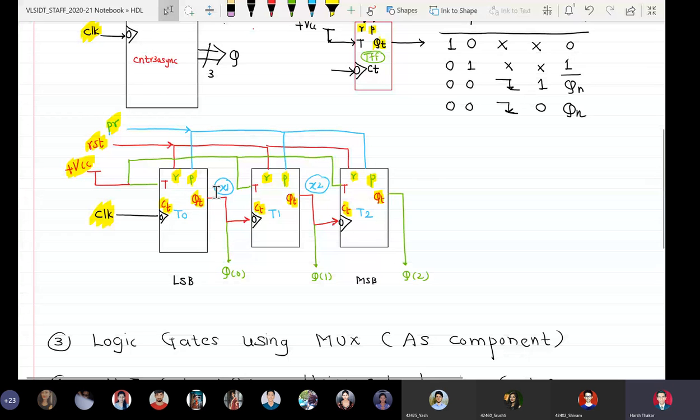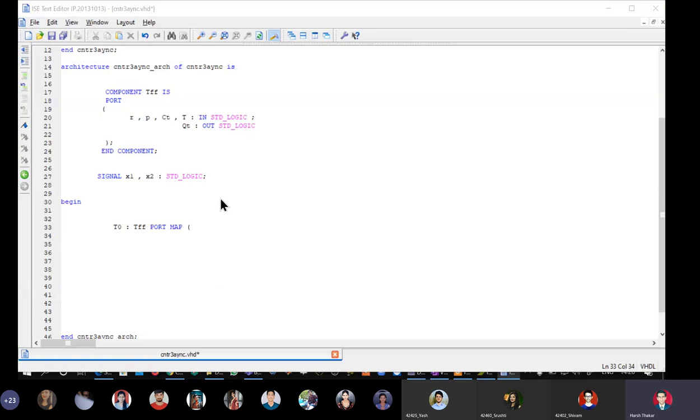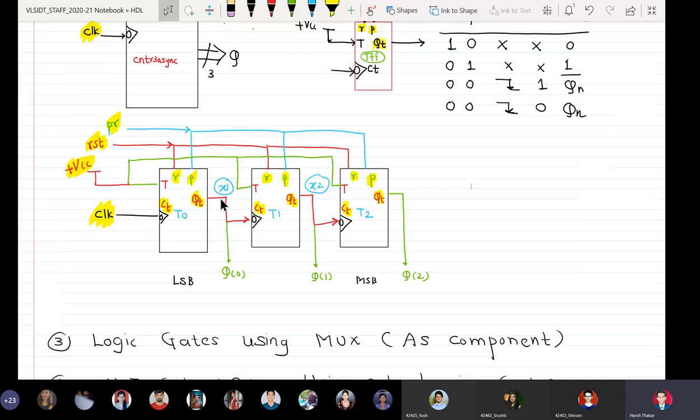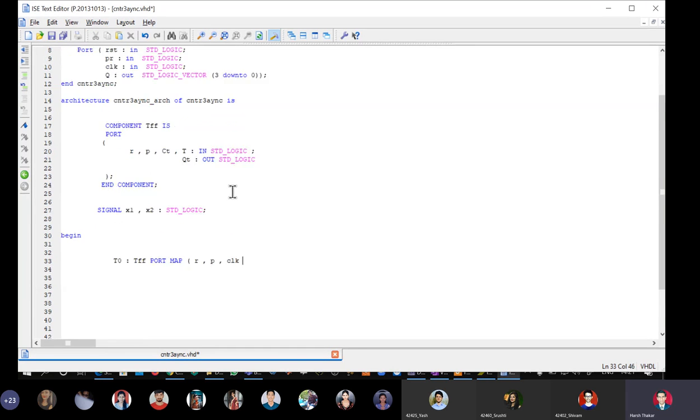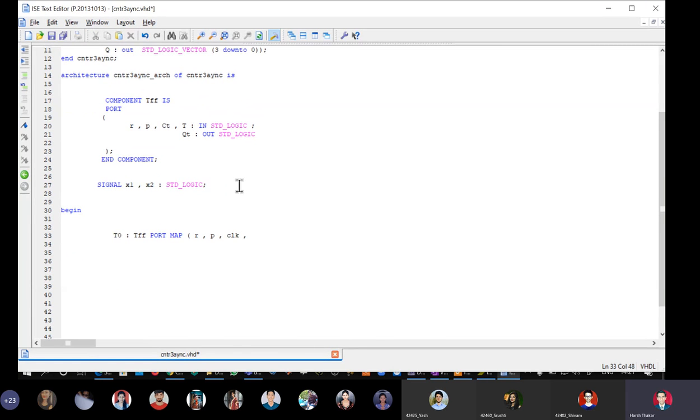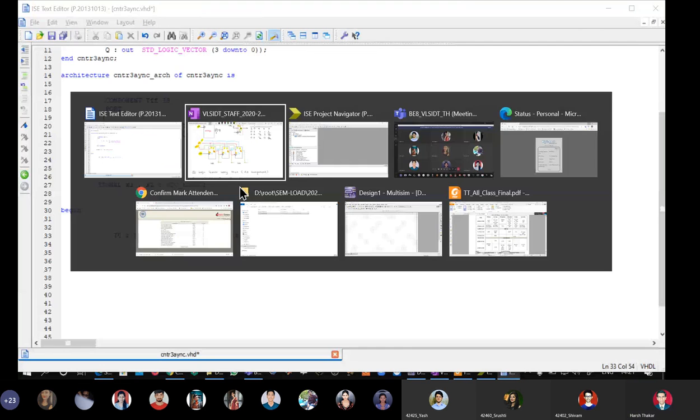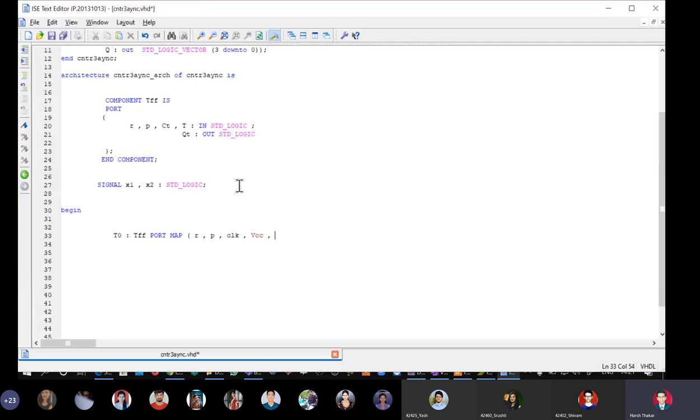So R comma P comma CLK comma VCC comma X1. So this is the port mapping of the first instance, Control C and Control V.